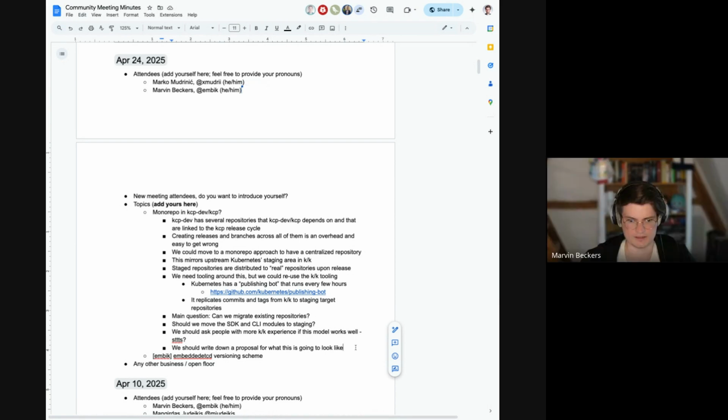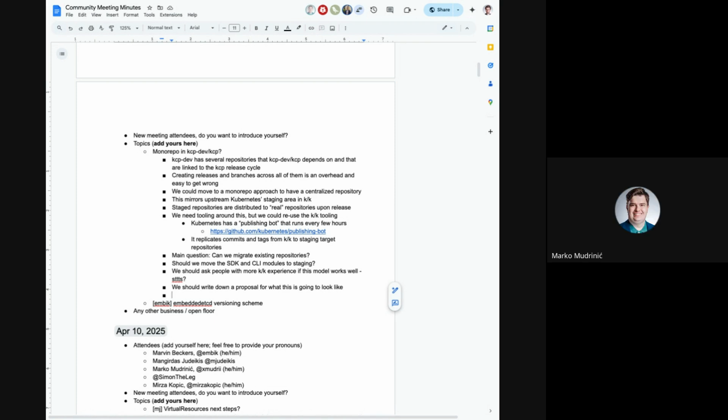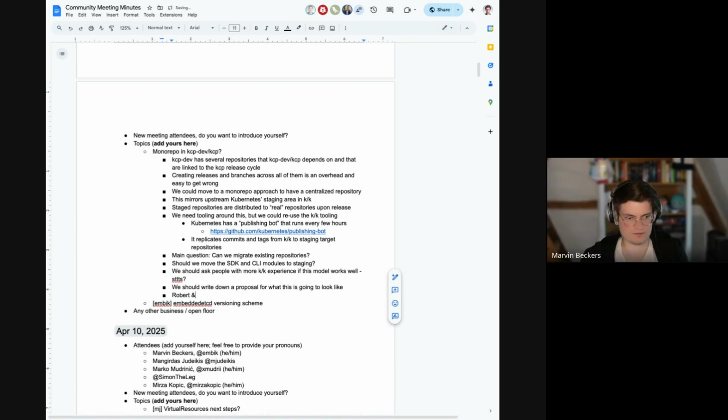Okay, so Robert and Marco, you're going to coordinate on this and come up with a draft? Yeah, that sounds good. Okay, perfect. And then just feel free to open the GitHub issue with your proposal in there, and I think we'll take the async conversation from there, so we have it documented for the future. Okay. Any further comments on the monorepo topic?